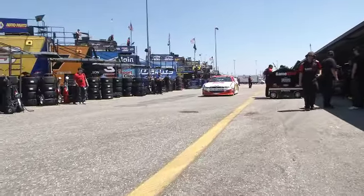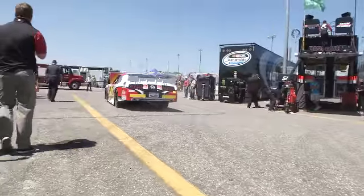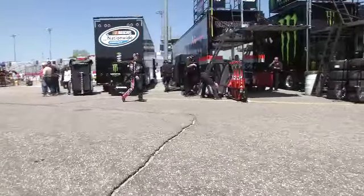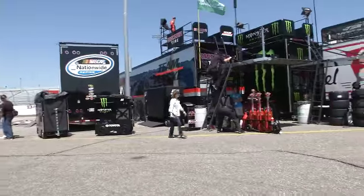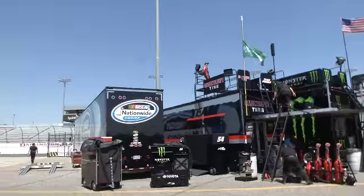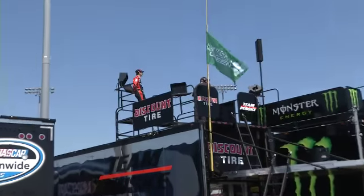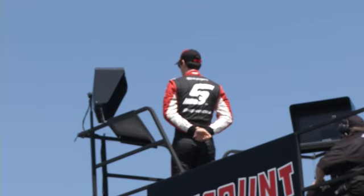Let's take a walk just a little bit further down this way. As we look at Joey Logano going up to the top of his hauler to watch the start of practice, see what these guys are going to do. Like Chris Rice was saying, the track, they're going to go out there and knock some of the sand off. So maybe he's waiting for these guys to go knock the sand off here in the sand hills of South Carolina. Until tomorrow at 11 o'clock,